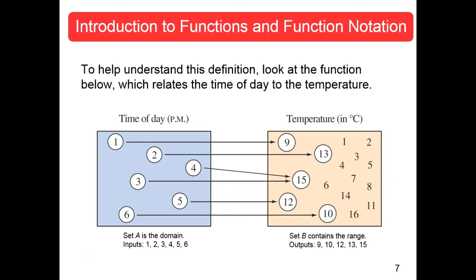Anyone know about what that is? It's a lot cooler than it is here. This is not summer in Alabama, okay? 9 degrees Celsius would be maybe 50 degrees, okay? At 2 o'clock, it had climbed to 13 degrees Celsius, a little warmer, but that's still not very warm. 3 o'clock, it made it up to 15. At 4 o'clock, it was still 15. Had it stayed there, well, it went up and maybe came back down. At 5 o'clock, it had dropped to 12, and at 6 o'clock, at 10.